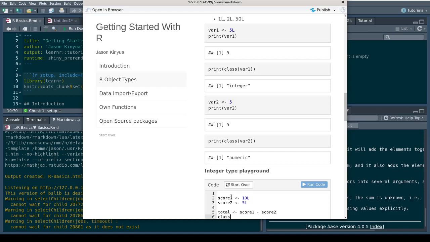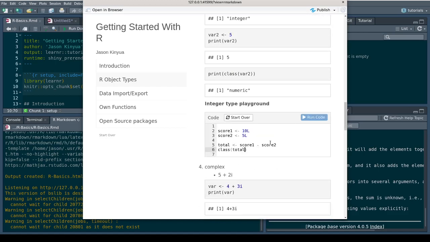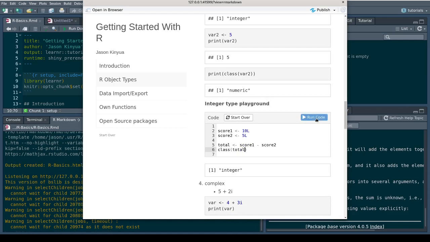What is the class of the output? Total. Okay, let us see. Integer, that is the output. What is the class of score 1? Integer. Score 2? Integer as well. So when you are doing mathematical operations on a common object type, the object type will be preserved.